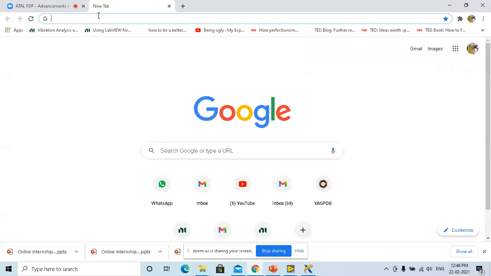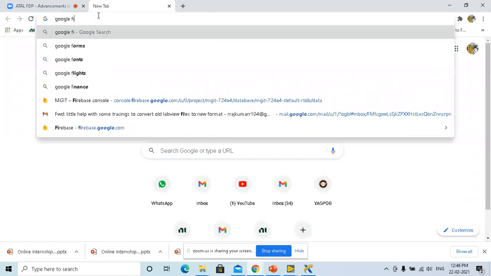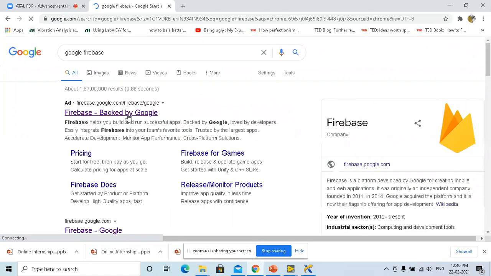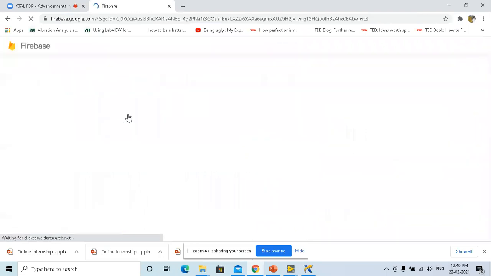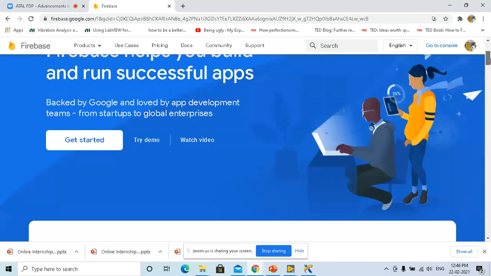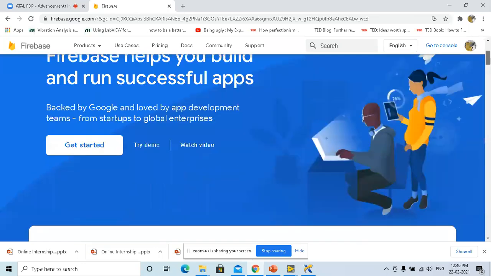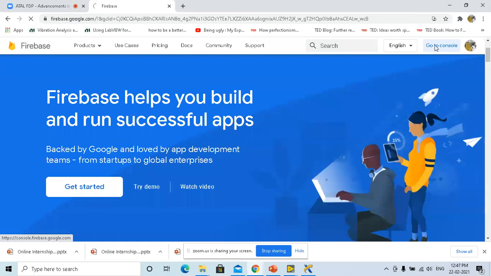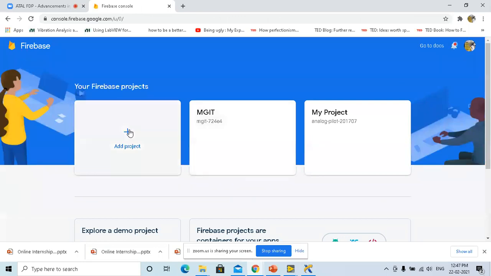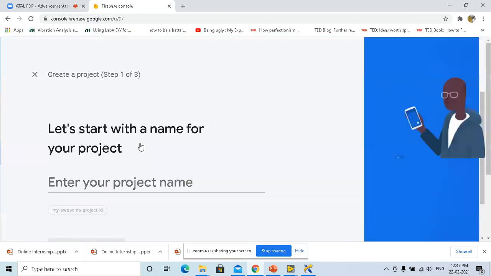But right now, for simplicity, we are going to use Google's Firebase. Google's Firebase has this real-time acquisition, so you can acquire the data and put it directly to the cloud.